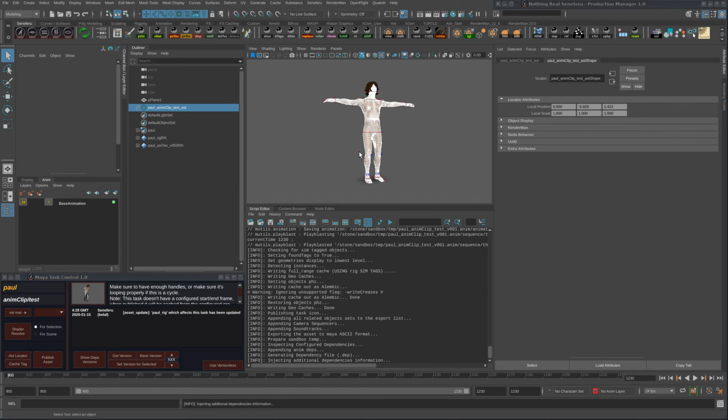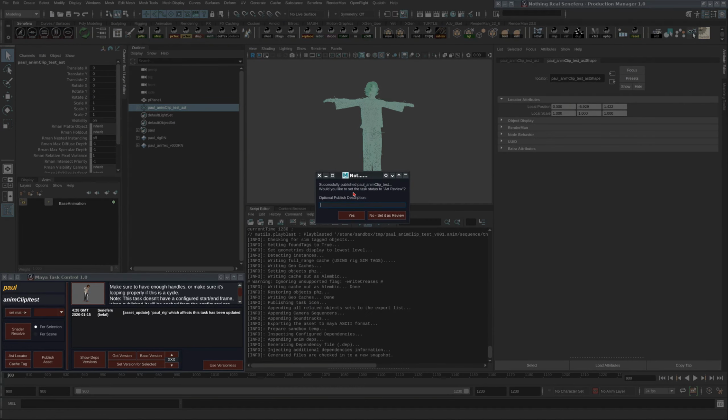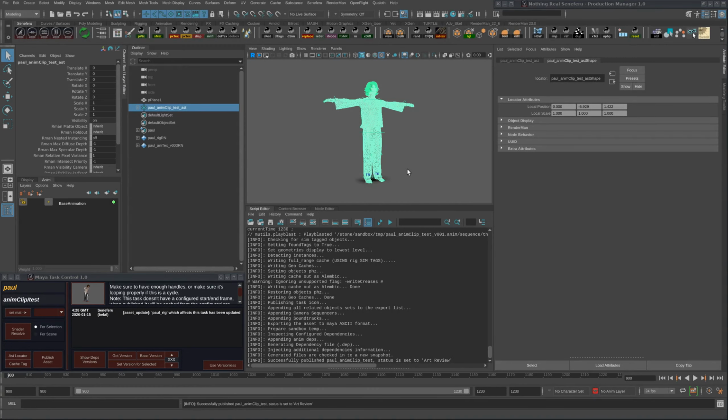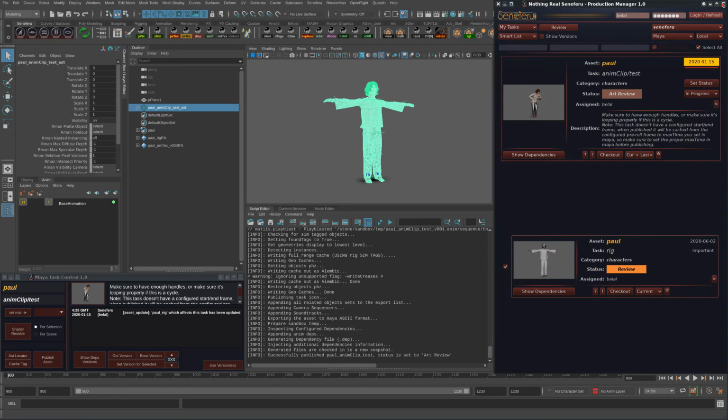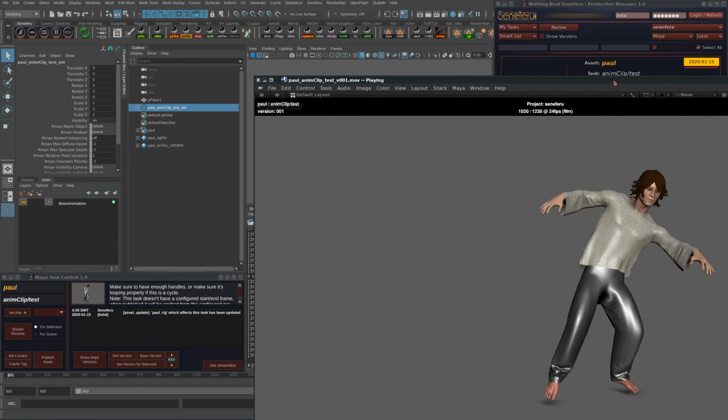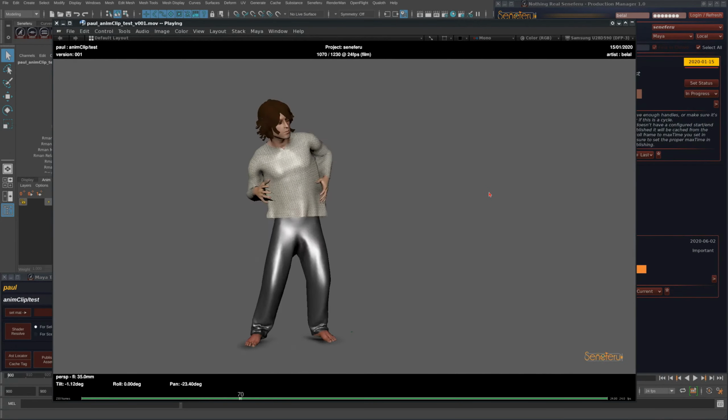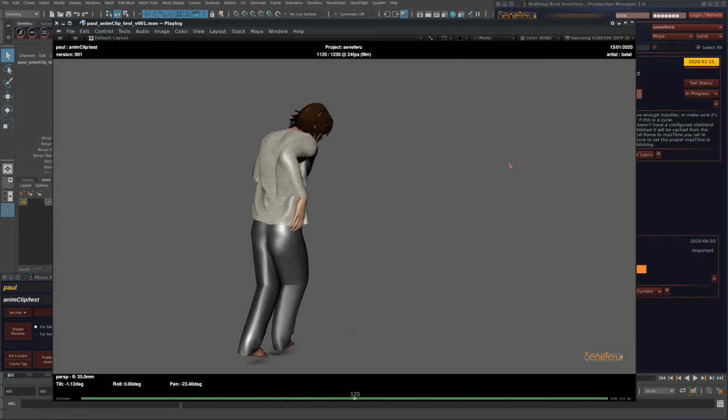And also the geometry cache has been written, in this case to Alembic. If your system is configured to use USD, then it will be written out to USD instead. So that's our clip now. If you shift-click, you can view the playblast that we have written